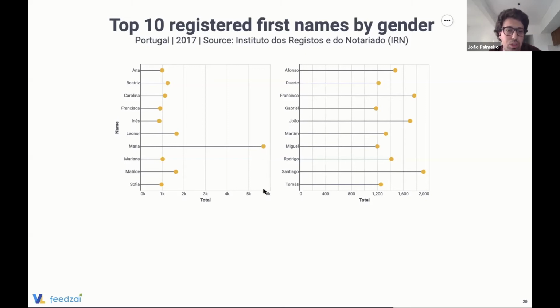This is a lollipop chart. It's an alternative to a horizontal bar chart, but here I just picked it to show you that you can combine different marks, different types of charts, and come up with a really nice visualization to show a specific thing. Also, since this is a chart and this is another independent chart, you can say, okay, for this one I want to abbreviate my labels on the x-axis, but here not, because the values are more uniformly distributed, for example.